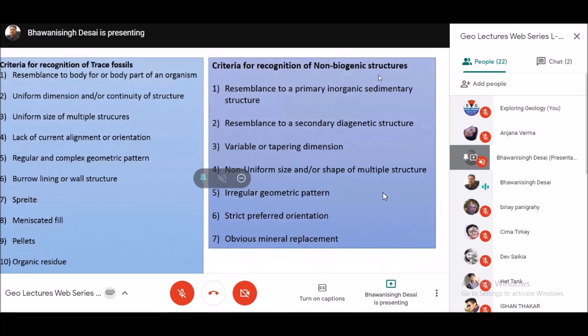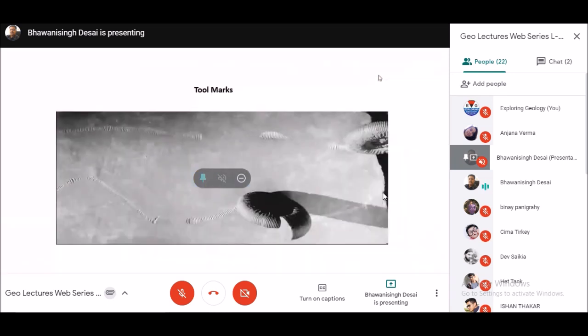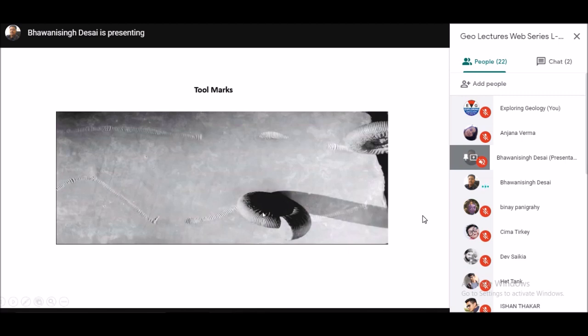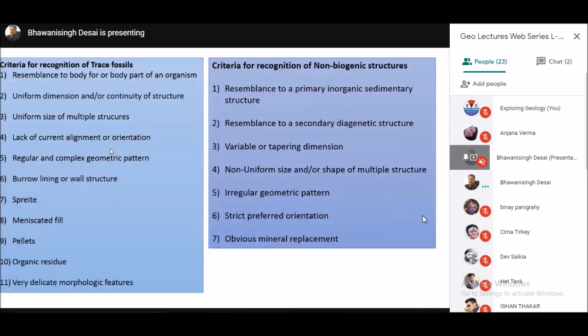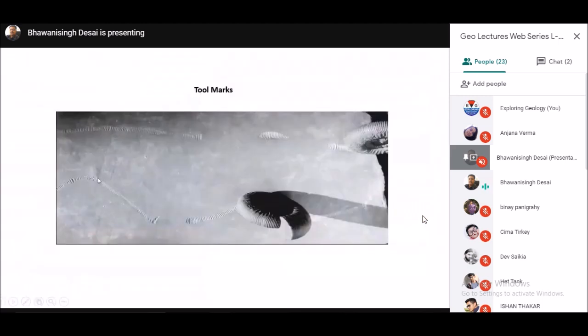So to avoid this, in Precambrian we should be specific. Any structure can be a tool mark, like for example an ammonite, which is dead and it is rolling over this, and then what you see, they will form this feature. Okay, these are known as tool marks. Or even in glacial environment, when a large boulder is dragged along the floor of the glacier, it leaves certain marks. But remember what our earlier characteristics were: non-uniform size and shape, irregular geometric pattern. Non-uniform, see here somewhere it is thick, it is thin. So these are of non-biogenic origin.